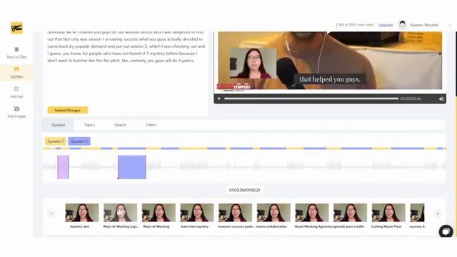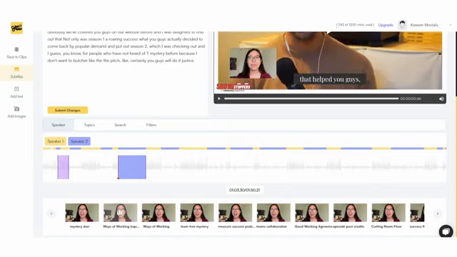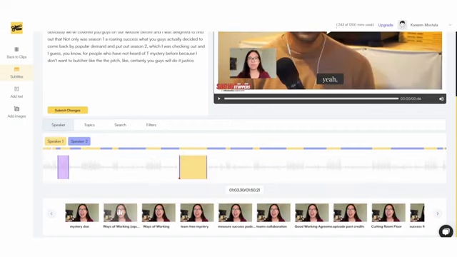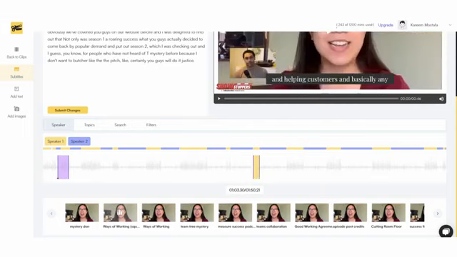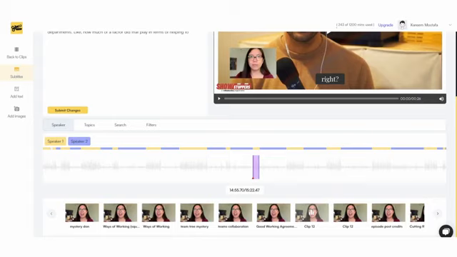And from here, for example, you can tell that it's color coded, and so based on the specific speaker that you're looking at, you could basically identify the key parts. So if I'm just looking at all the yellow parts over here, I could basically take these and export them as is. And I can also still tweak them similar to the way that we've looked at earlier. And I can actually go ahead and update the current clip with my new selection in case I prefer that over the auto-generated one. Or if I want to keep the auto-generated one and actually want to create this as a separate clip, I can go ahead and click on create new clip over here,